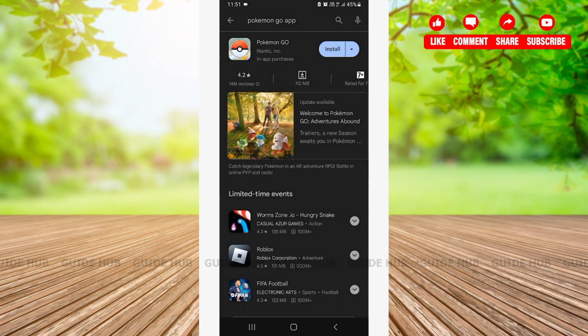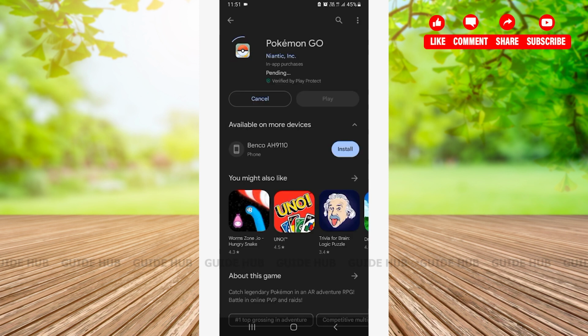Once you have searched for Pokemon Go app, here on the very first option, you can see the Pokemon Go app. From here, all you have to do is tap on the install button that is located right on the corner. The amount of time that is required in order to download your Pokemon Go app is highly dependent